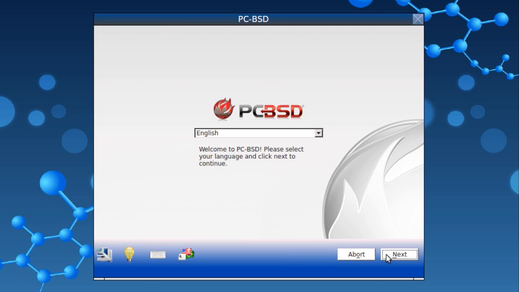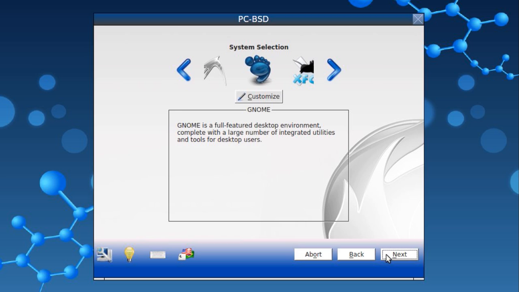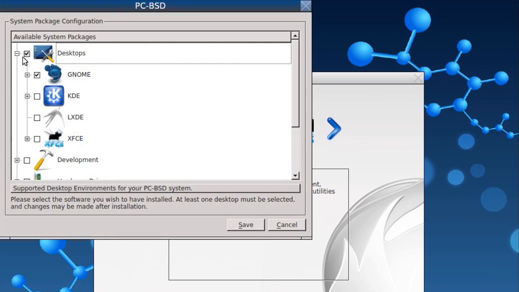Again, I'm going to imagine myself as a typical power user who knows just what they want out of their desktop. I called myself a GNOME user before, but as many others do, I switch hit pretty often when it comes to my window manager. I typically like to have both GNOME and KDE installed as well as a backup or lightweight like LXDE. Since I'm a power user this time, I'm going to get really nitpicky about exactly what packages I have installed